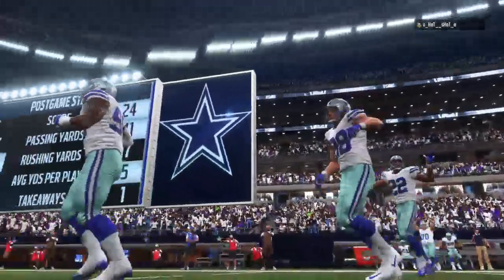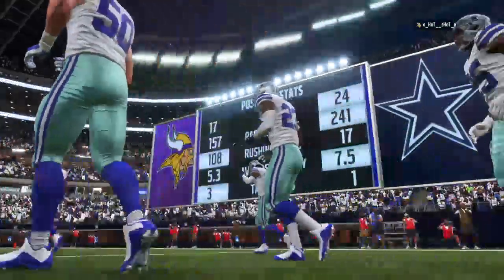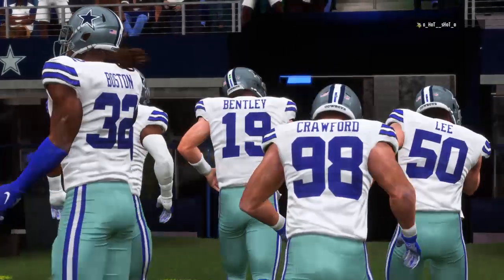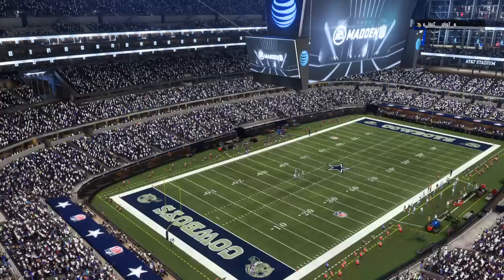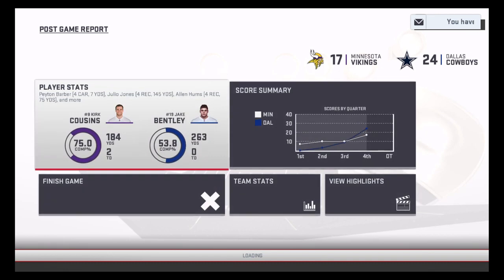So for Dallas, their good start continues as they get their record up to 4-2. And they'll get another home date next week as the Patriots will come to town. Meanwhile, for the Vikings, it was a good first month, but they'll fall to 4-1 as they suffer their first loss. And they will be at home next week to take on the New York